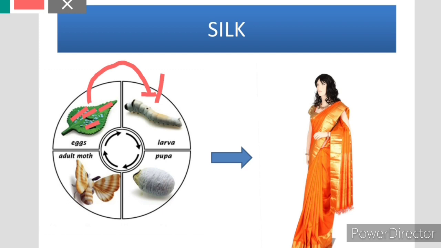After some time, as we wear a blanket in winter, they also cover themselves with this type of structure. This is known as a cocoon. This cocoon is the source of silk. From this cocoon we can obtain silk. After that, it will turn into a non-movable structure.